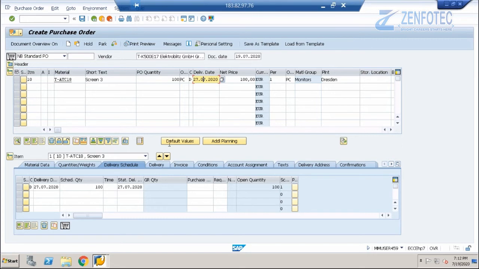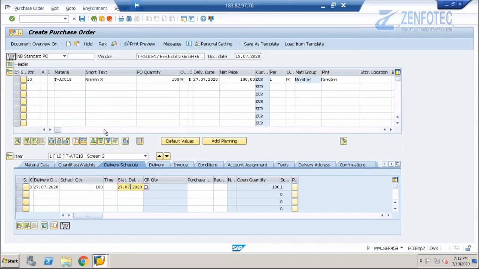We can make this different, but for simplicity's sake we are keeping it as it is. The statistical delivery date is used when I'm not confident about the default delivery date, then we can deviate from it and put another statistical delivery date. In this example, I'm keeping it the same.